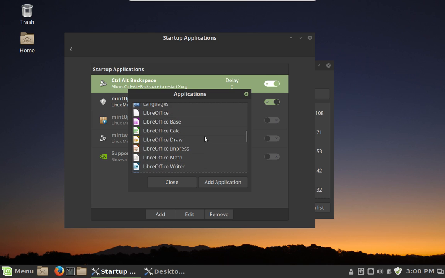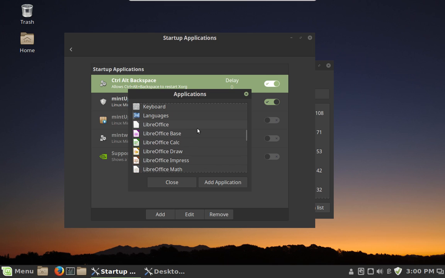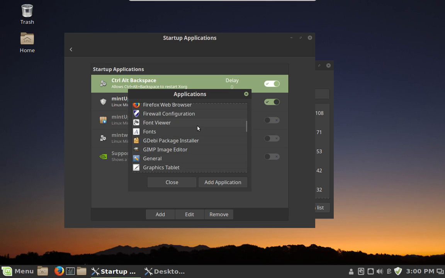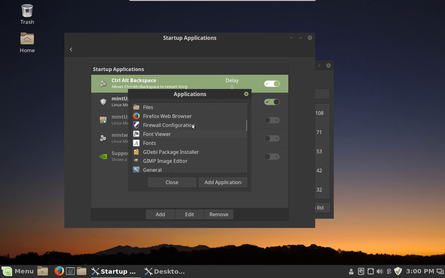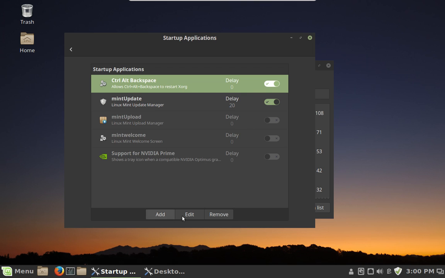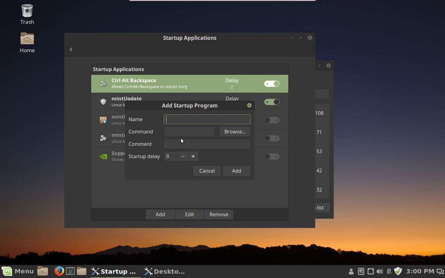So if for some reason you want LibreOffice to start, there that is. Let's see if we can get, well, if you want the Firefox browser to start up, there that is. Or maybe you want your mail client to start up, you can set that. That's cool. What I'm going to do is add a command, because I just happen to know